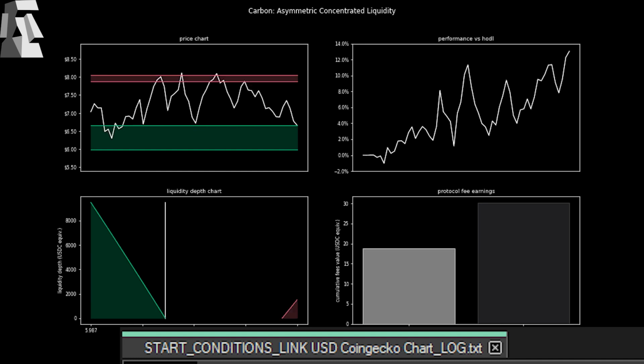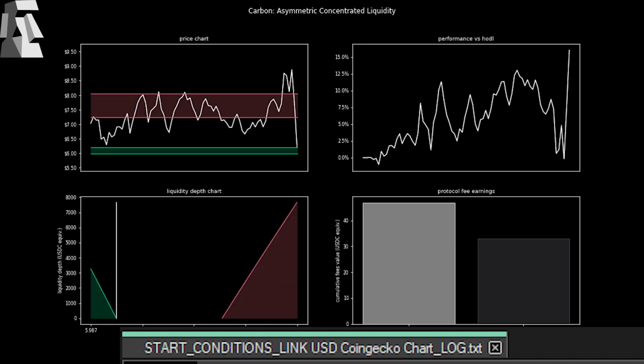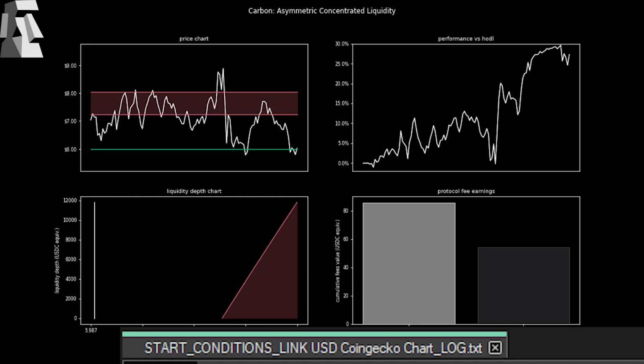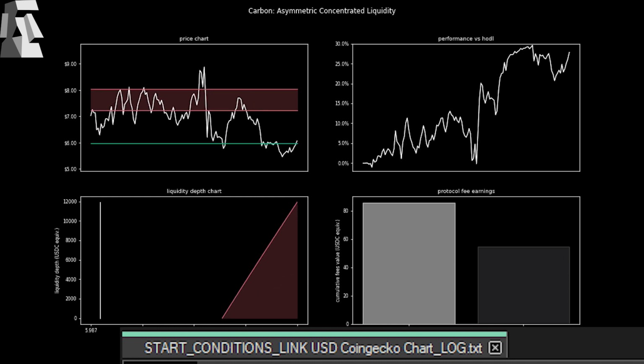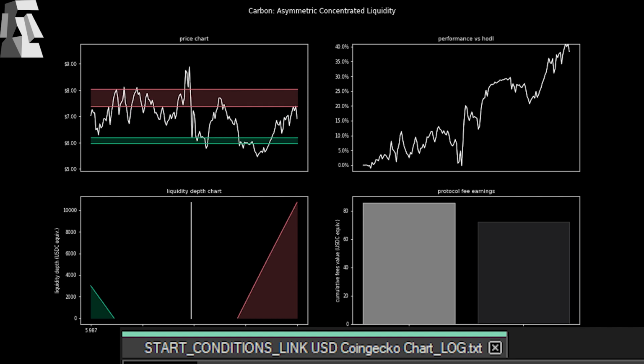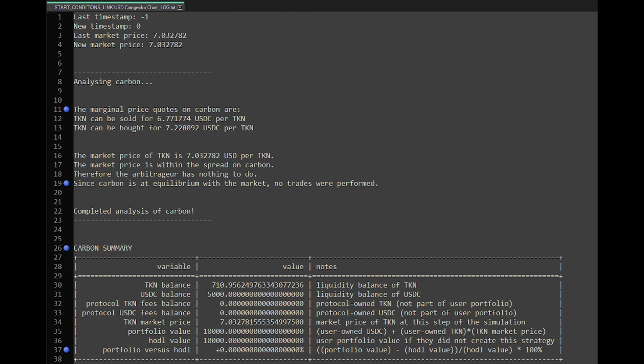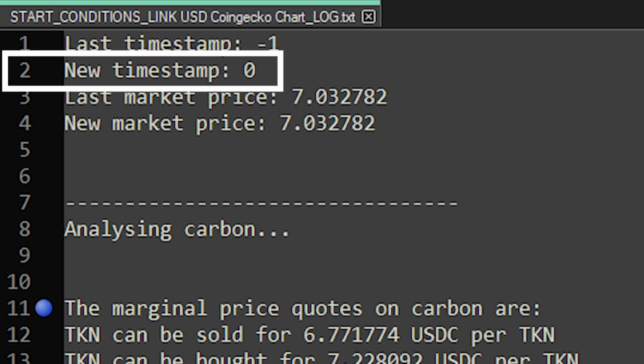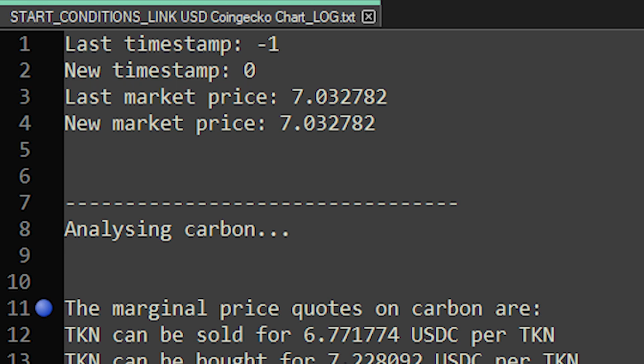Start conditions, link USD, CoinGecko chart, log.txt. This is the text file that is generated by the simulator, which enumerates the exact steps taken in the simulator in extreme detail. If we look at these first two lines, we can see that the simulation starts by looking at the initial portfolio and calling this timestamp 0. Remember, this simulation was done using the one-day chart on CoinGecko, so each timestamp increment is the price change over